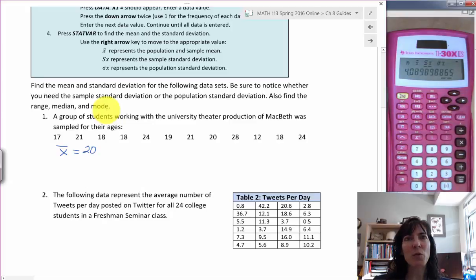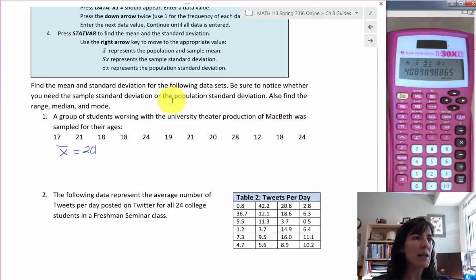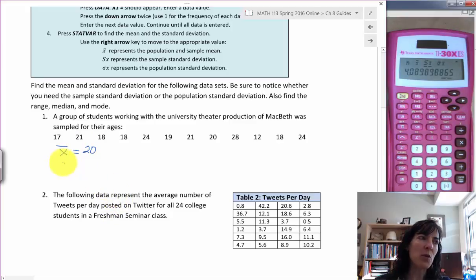And then I'll slide over one more, and what I'm telling you here is the Sx, which is this first one you come to, is the sample standard deviation, and the next one, the sigma x, is my population standard deviation. And the calculator knows the two different formulas, and so it's giving me one using each formula. You can see this standard deviation is slightly smaller than that one, and so I'll use, did we decide this is a group of students, and they were sampled for their ages, and so because it says sampled there, I'm going to assume that this N is a sample, and I have to use the small s for my standard deviation,